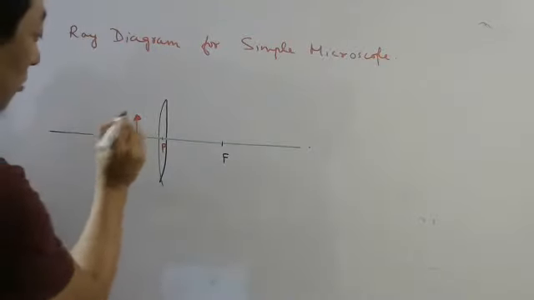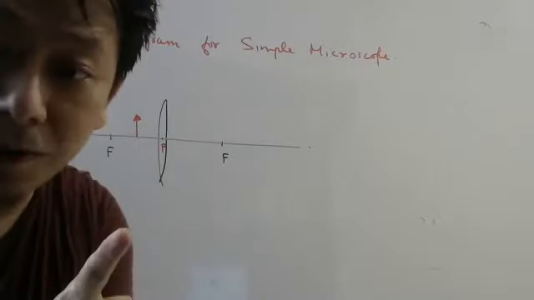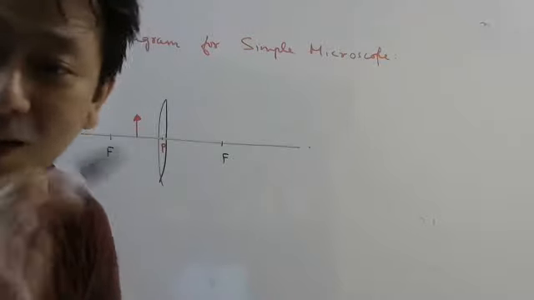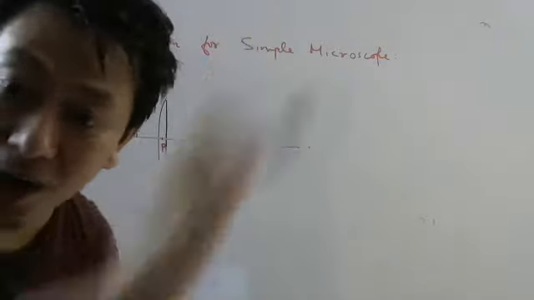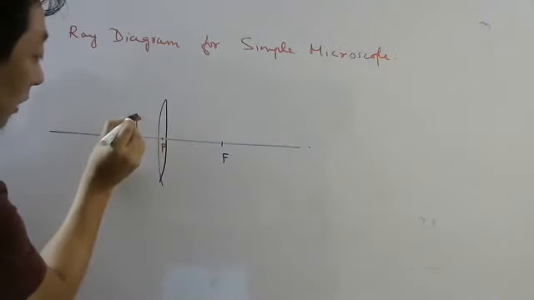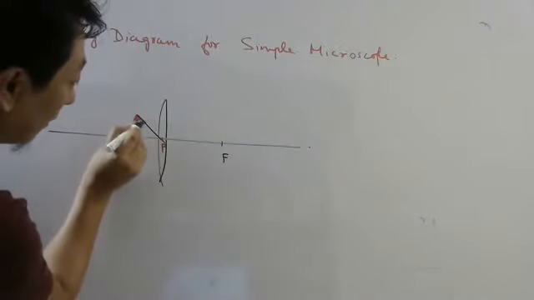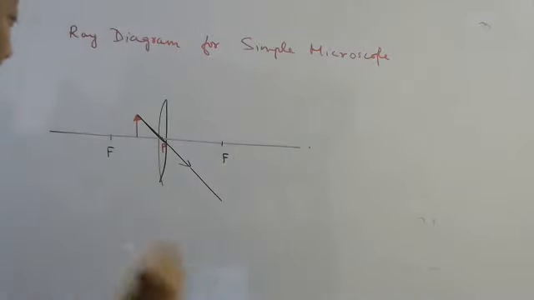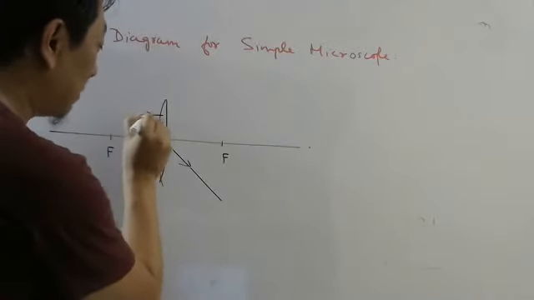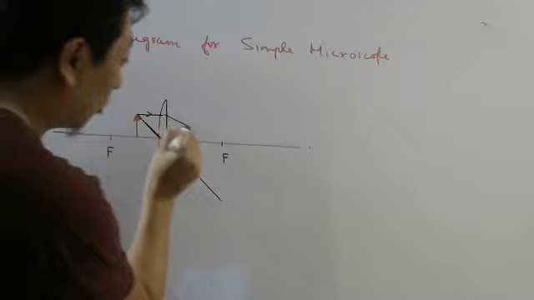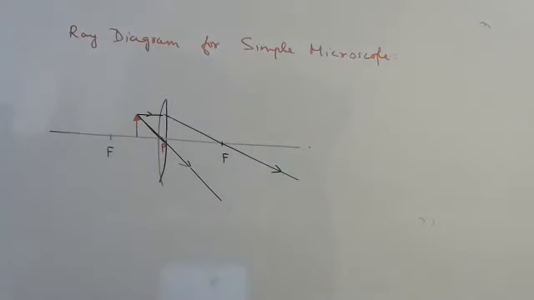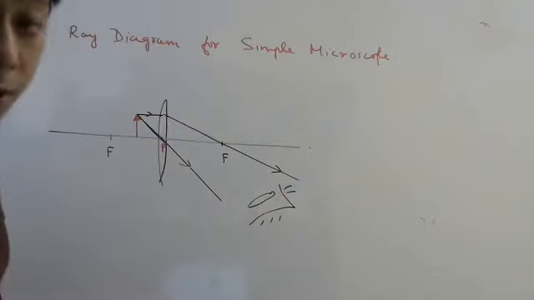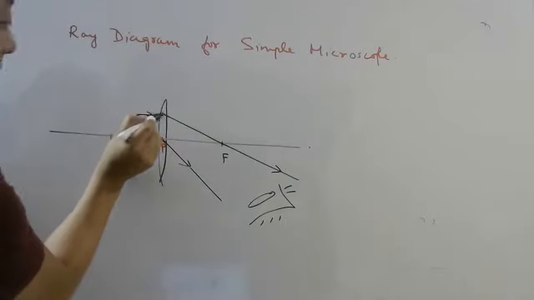Then you have to draw the image. So how to draw the image? You have to draw 2 rays. Always first draw the ray which passes through optic center. Why, sir? Because that ray you cannot do anything. That ray has to go undeviated. So always draw the light that goes through the optic center first. So this will always pass straight, remember. This you cannot change. And the other one that is parallel to principal axis, that will pass through focus. So you can see if you look at from here, these 2 rays will appear to come from behind.